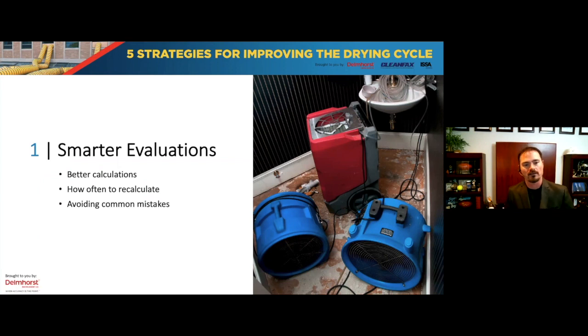Because you can get secondary damage, let's keep it really simple, from a lower relative humidity in the space, especially if you're in a geographic area that is not conditioned to or accustomed to that 55-60% relative humidity. The other thing that's really interesting about that is that I've often seen secondary damage occur